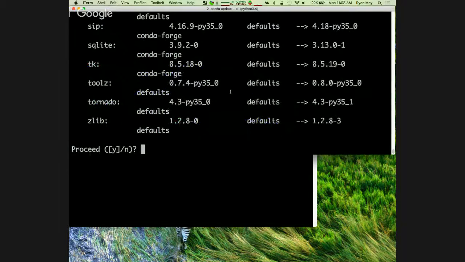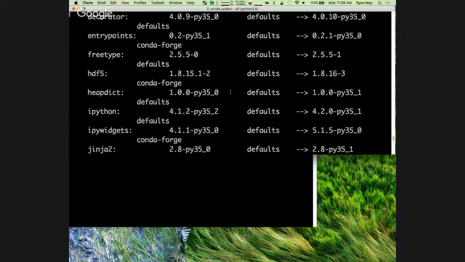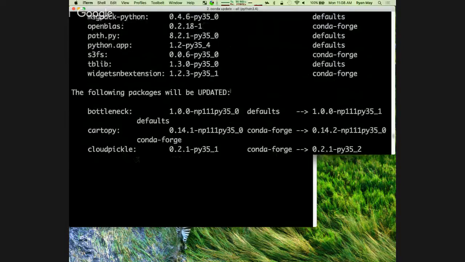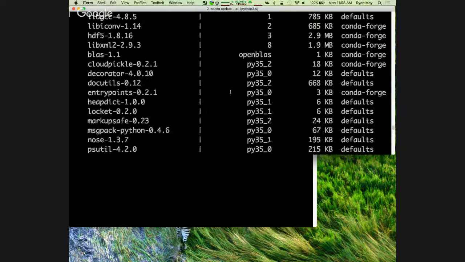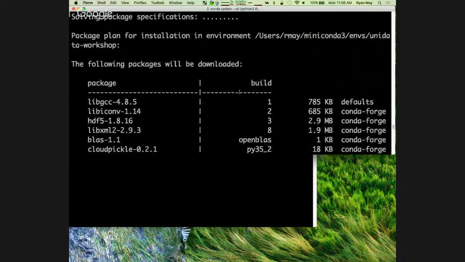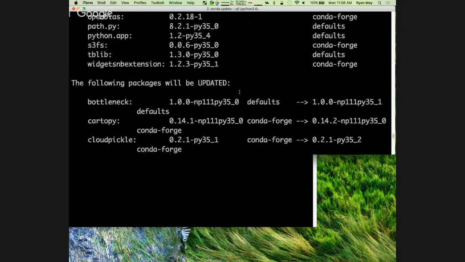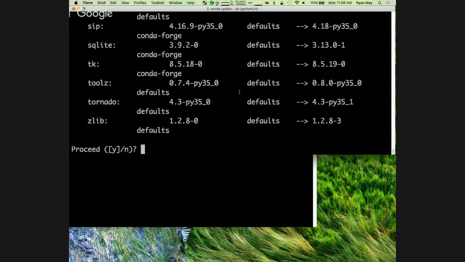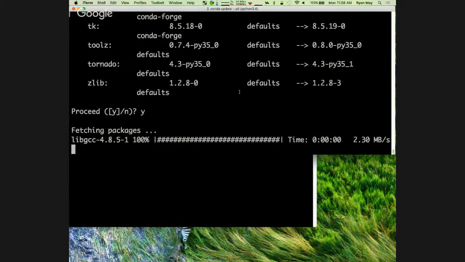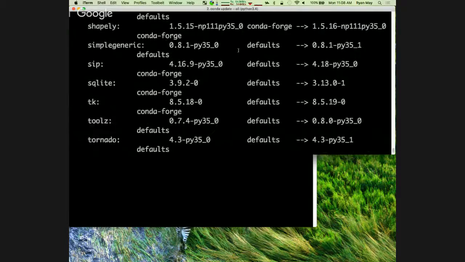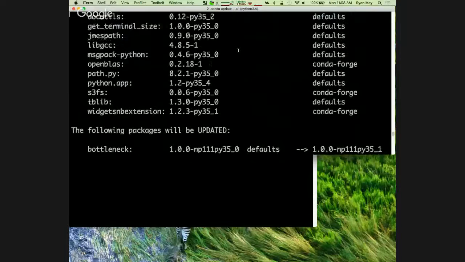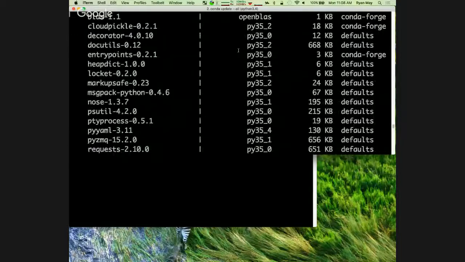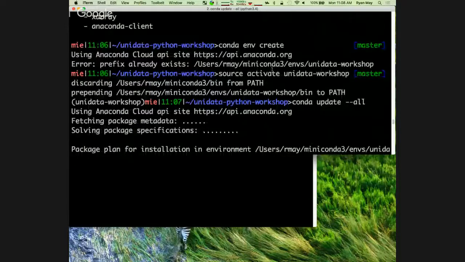Okay. Well, you're on your machine, so you shouldn't need the update. If you got the error when trying to create the environment, then you already have the Unidata Workshop, and we just need to update things. No, I'm getting the whole download. Almost there. Right. No, you should be downloading.